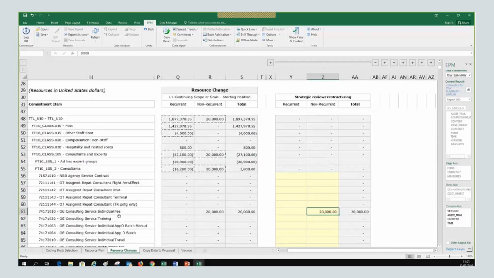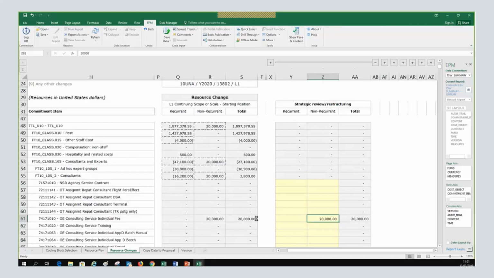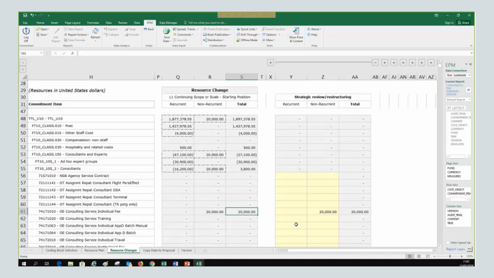What do I say here? I go to resource changes. I go to exactly the same line, and then I have to open the column that corresponds to the reason to enter the same amount.